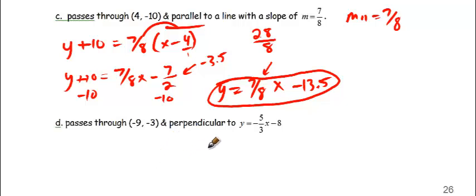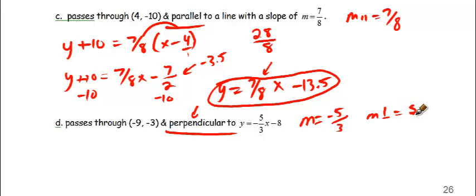All right, let's try out D. So we have an equation, and we have a point, and we want it to be perpendicular. So be very careful if you want parallel or perpendicular. So the slope here is negative 5/3. The perpendicular slope would be positive 3/5. So once we pick that out, we discard the 8 entirely, and we got y minus y1, which is